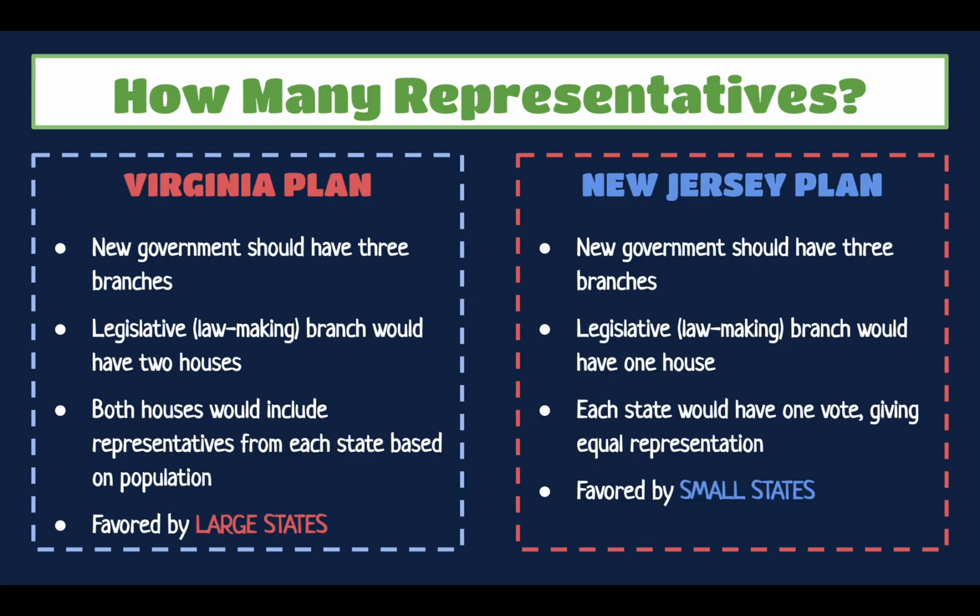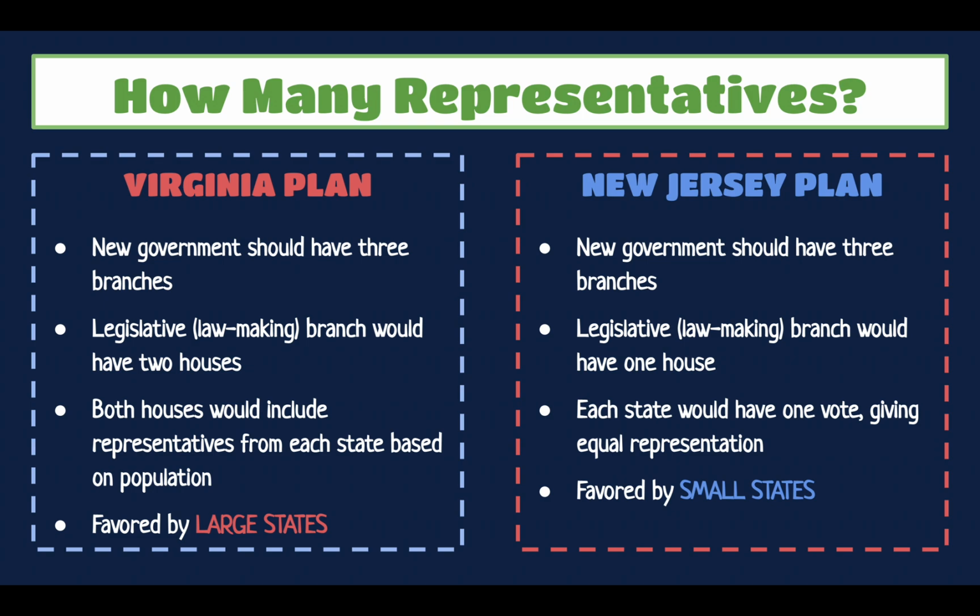So a couple of debates came up pretty much right away, and one of them had to do with representation of the states in this new constitution. You might remember from the Articles of Confederation that all states, all 13, were given one vote in their legislature. And that seems very great and equal and everything's fair. However, it doesn't really reflect the populations within each state. So one debate that came up was how many representatives should each state be given?